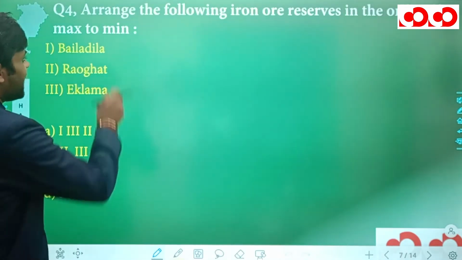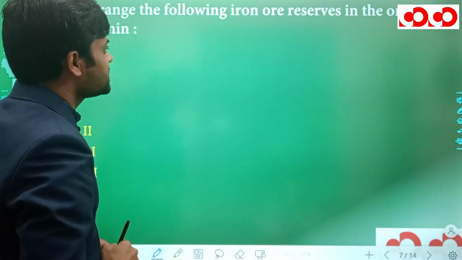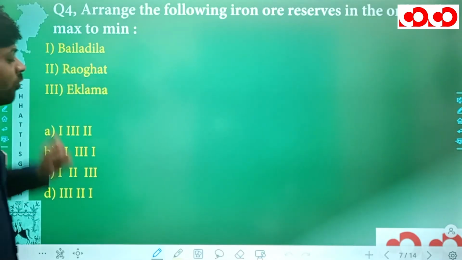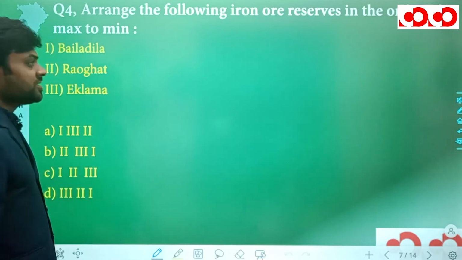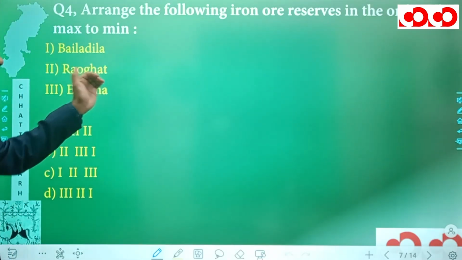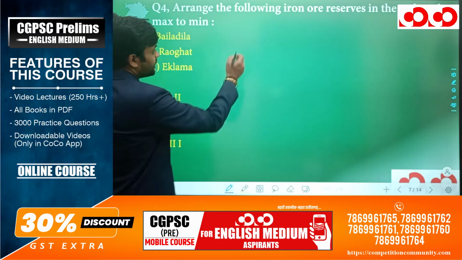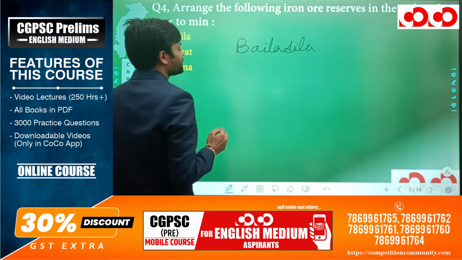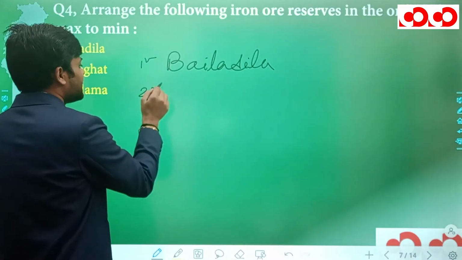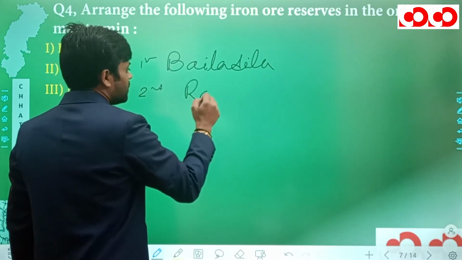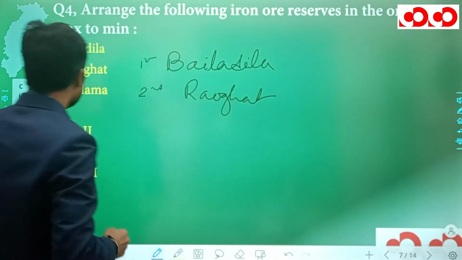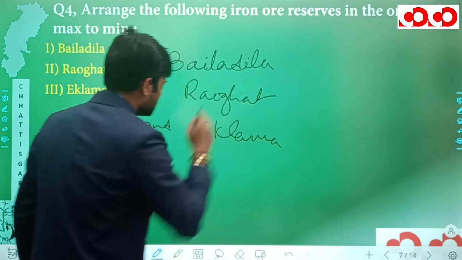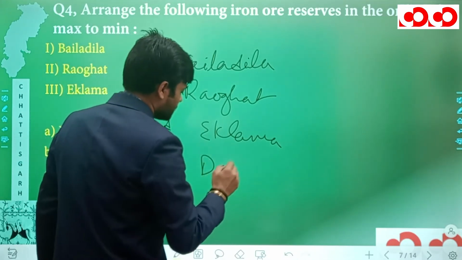And in the fourth question, we have to arrange the following iron ore reserves in the order of maximum to minimum. Now, the four major iron ore reserves in Chhattisgarh in the order of maximum to minimum reserves are Bela Dilla in the first place. In the second place, we have Raughat. In the third place we have Eklama, and in the fourth place we have Dalli